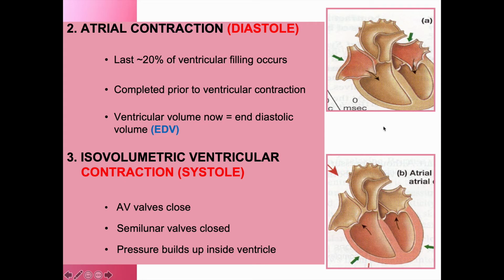Then during this time, when blood comes to the ventricle, then the atrial systole will be followed by ventricular systole. That time what happens? The valves between the two chambers will close and the semilunar valve will open. So during the time ventricular contraction, all the blood will go through these major vessels. Okay. So here from the right ventricle it goes to the pulmonary trunk. From the left ventricle it goes through the aorta. Okay. So this is the sequence.